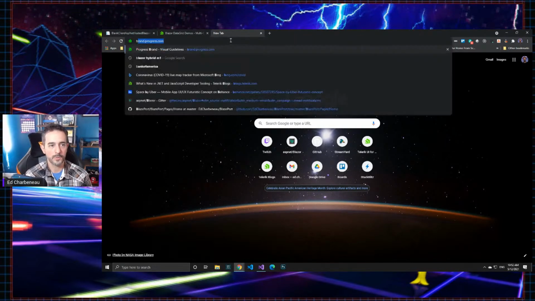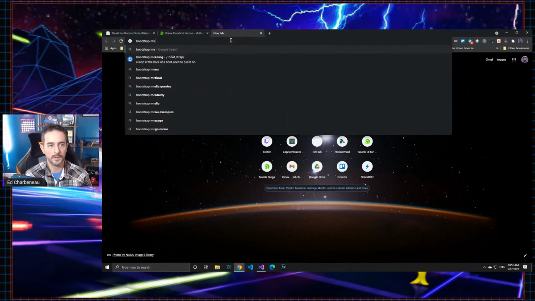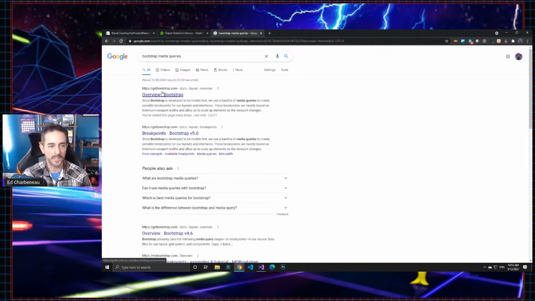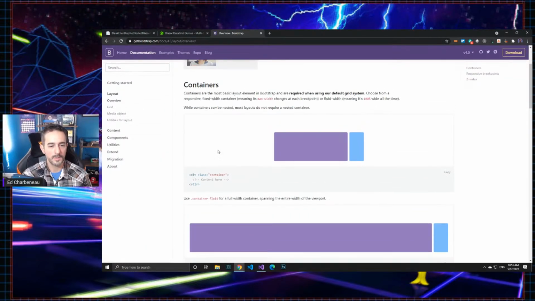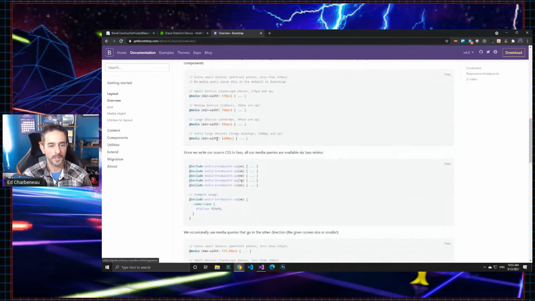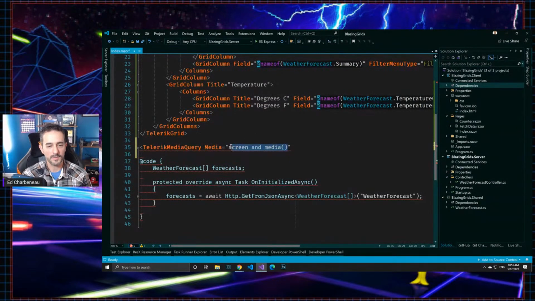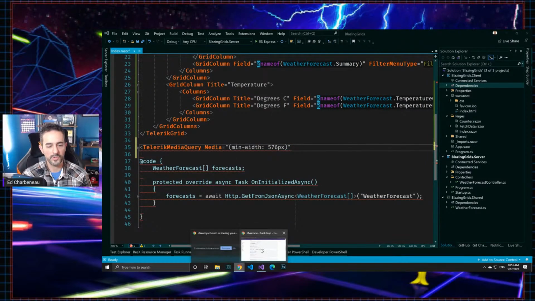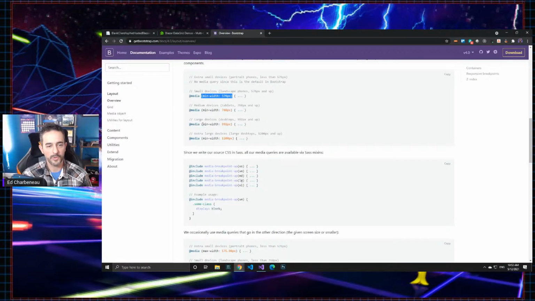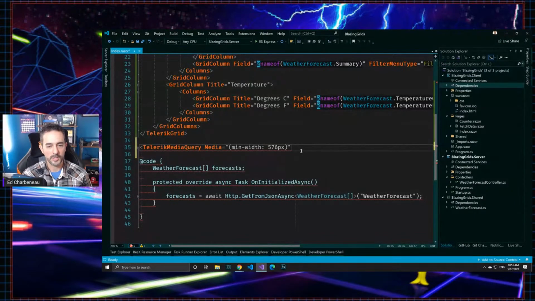Let's do this one. Bootstrap has media queries listed out right here. And I guess I don't need the screen part anymore. Let's do a couple of these, actually. Let's take the small. We'll do something with the small. And then we'll take the tablet and up. So these are going to trigger,